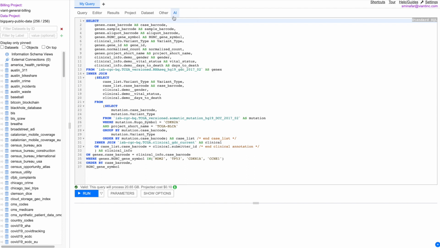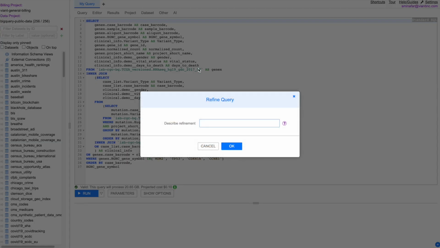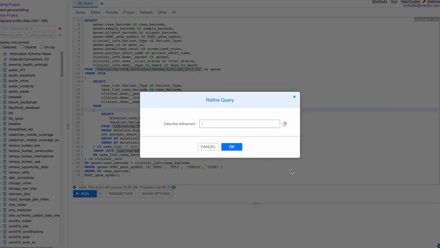So after we format and improve the query, we can refine the query. So this will give the artificial intelligence more direction in how to make a change. We're given a little bit more control than the quick options that were previously used.